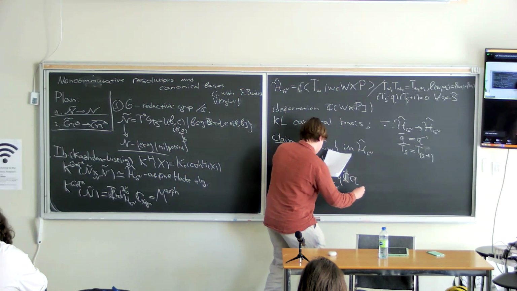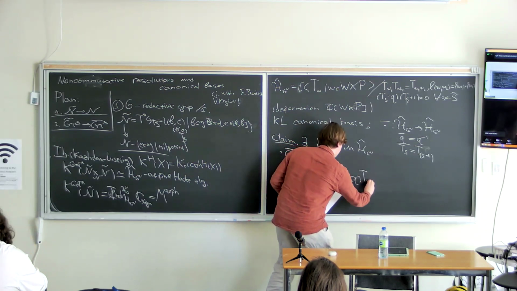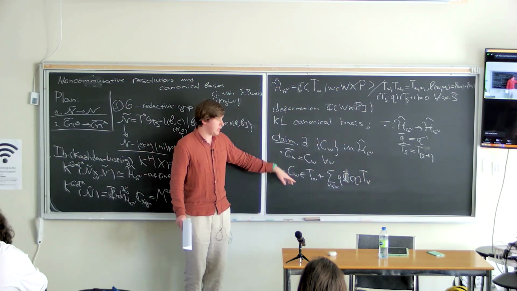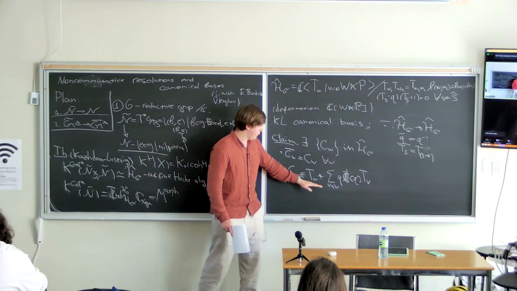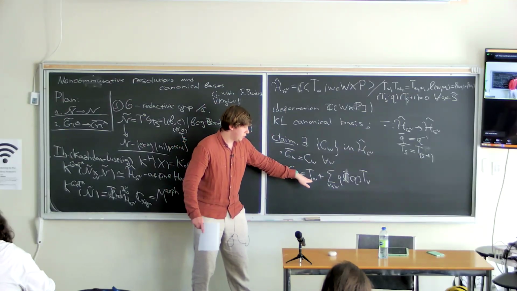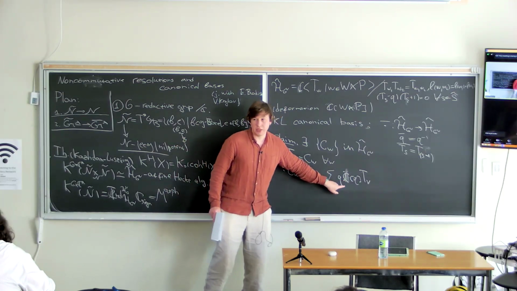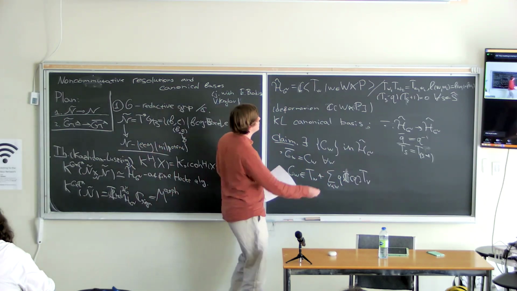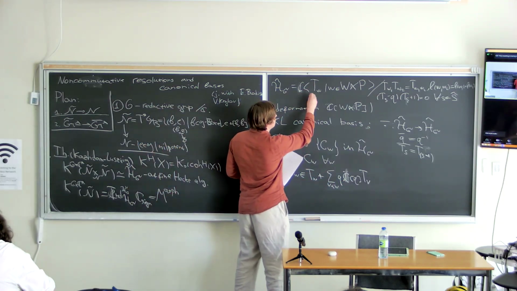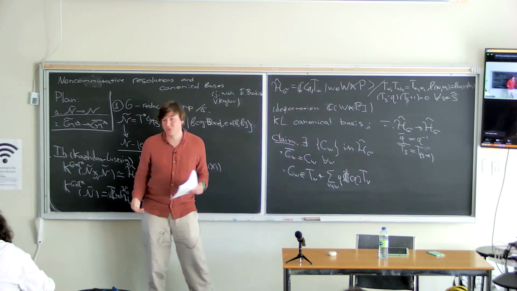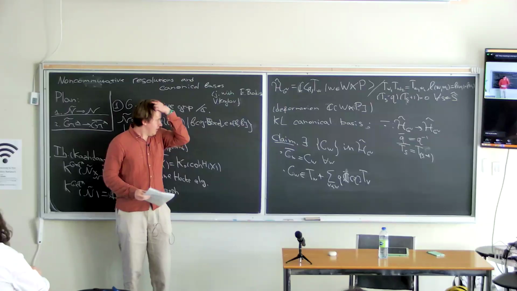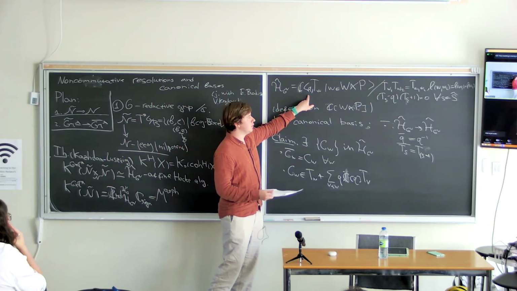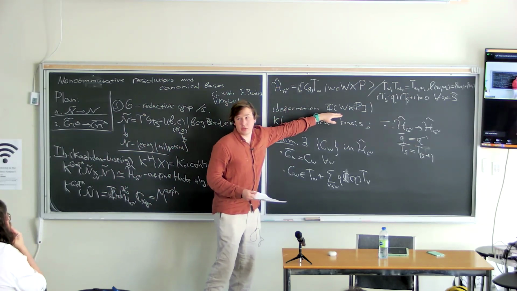Work over C. So we require that the transition matrix between these two bases is upper triangular, and also all the coefficients except for the diagonal ones are divisible by Q. Maybe I should say that it's also generated by just a variable. And if we let Q equal 1, then we get this algebra.